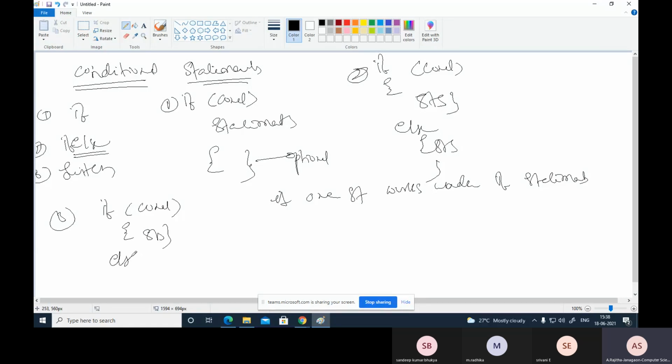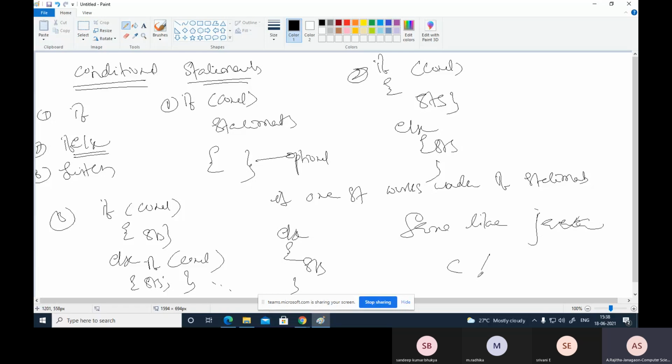Else, write one more condition and its statements. Close this. Along with a number of else if statements, at the last an else statement, write the statements. This is the same syntax as Java, otherwise C or C++. There is no difference.